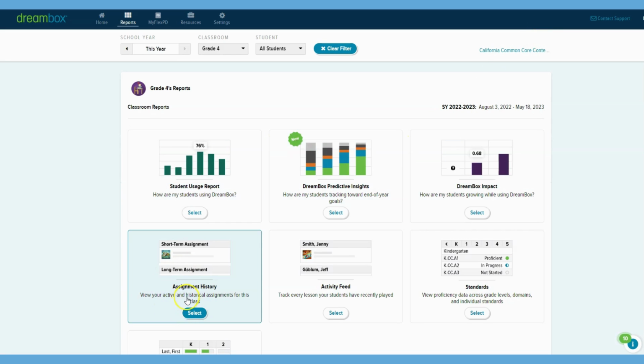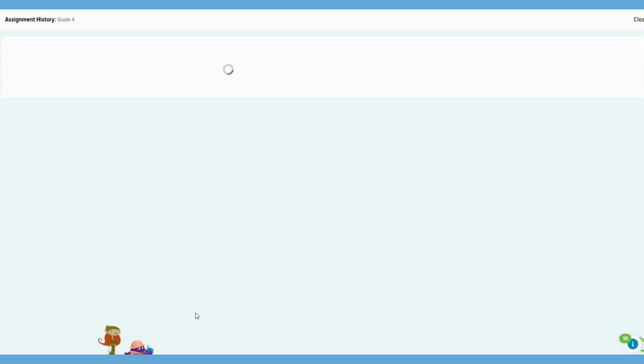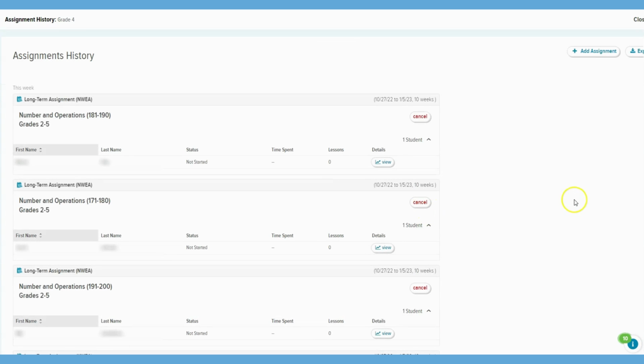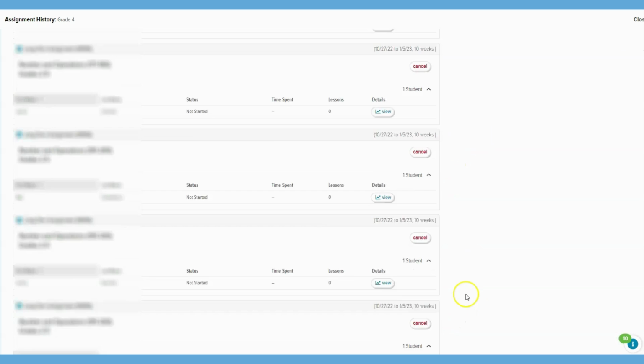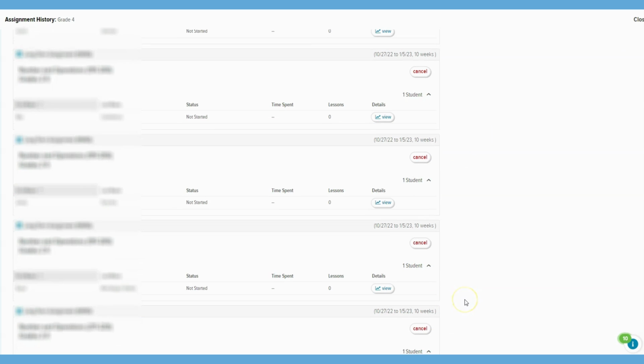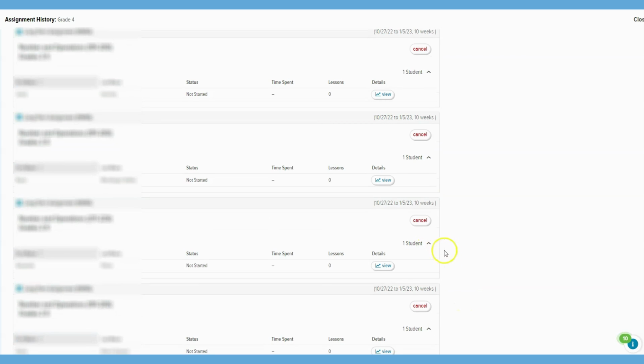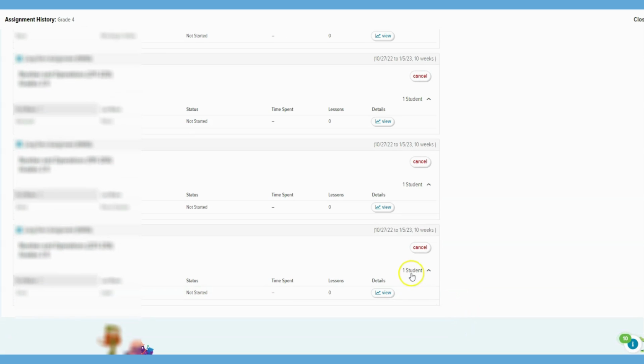I'm going to come down to where it says assignment history. Here's where you're going to be able to see whether or not you had or had not assigned anything to your students. So I'm going to select on this. The assignment history is also where you have the ability to cancel or remove an assignment. So here, because we are looking at this particular sample, which has the NWEA, the way that is assigned is individually. So each student assignment looks separate, because even though I did assign the same in terms of, yes, I was basing it on their NWEA assignments, or their progress rather, on the platform, it's generating, depending upon their score,